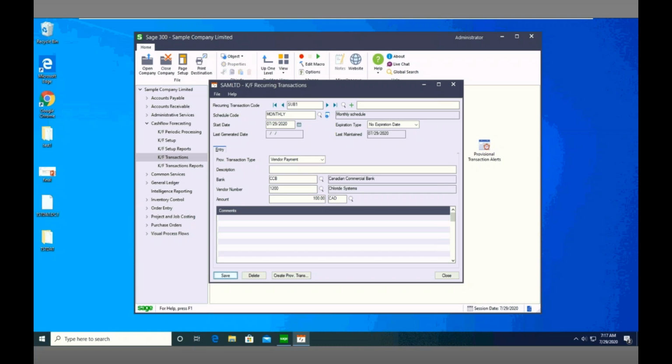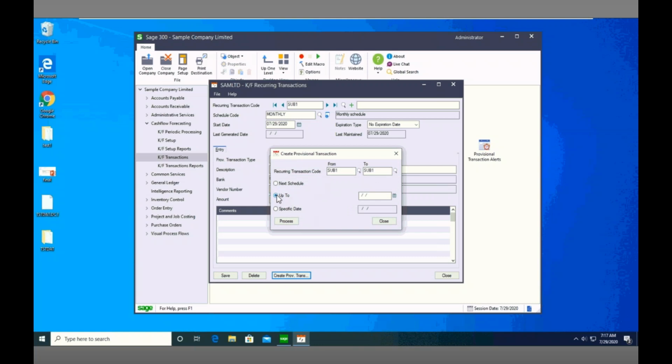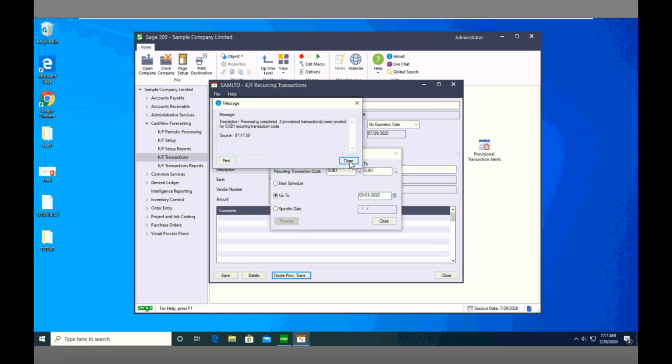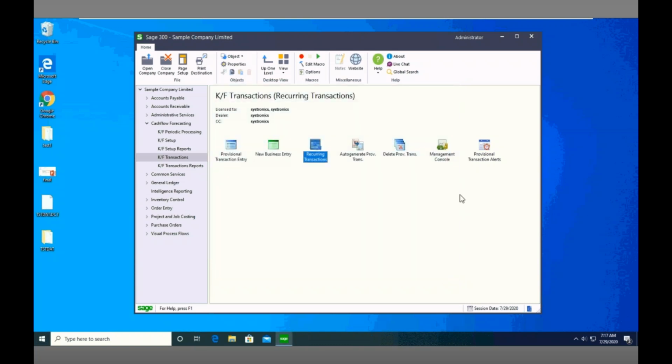Now, once I save this recurring transaction and click Create Provisional Transaction, it will ask me up to which time I would like to create the recurring provisional transactions. Let's say I would like it to be until 1st of September. I click Process, and 2 provisional transactions are created in our